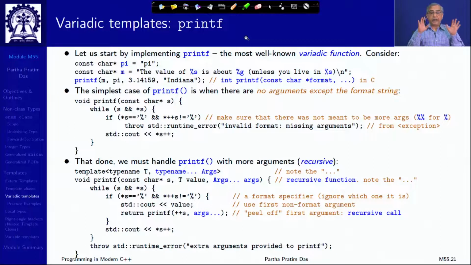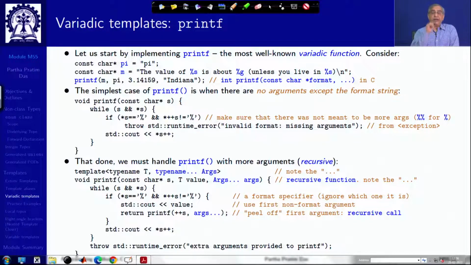Now, what is a significant contribution of C++11 in terms of templates is what is known as Variadic template. What is a Variadic template? A Variadic template is one where there is a variable number of type parameters, non-type parameters. Right? So, why is that important? Because we have Variadic functions. The most well known Variadic function is printf, right, where we know that we have one parameter, the first parameter is a must, which is the format string, and then we just say ellipses dot dot dot to mean that there could